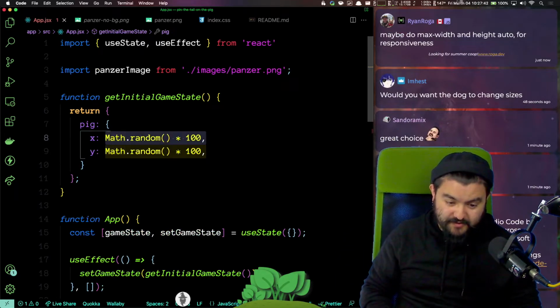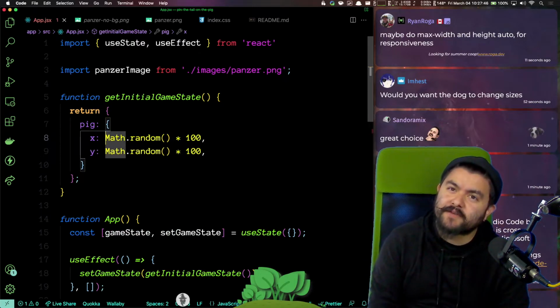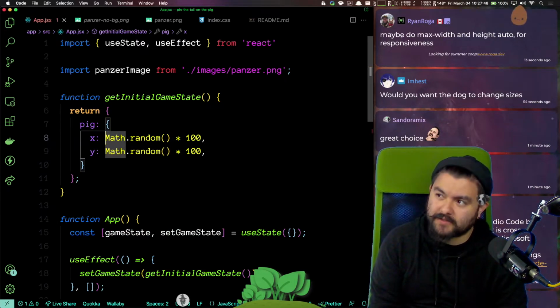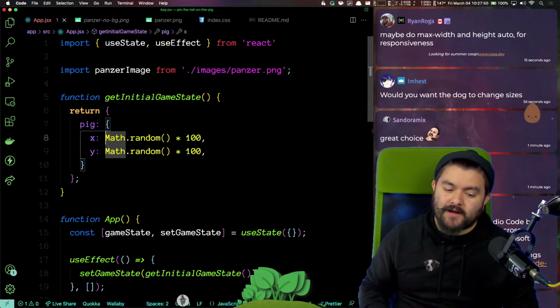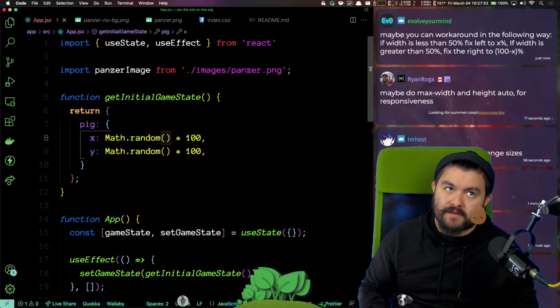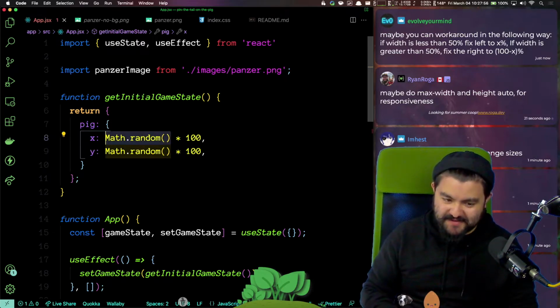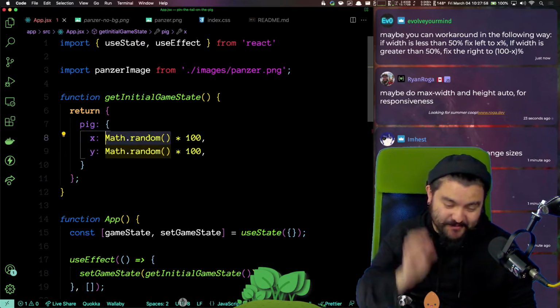So we want a random value between 0 and 1, but not quite. We want the maximum value to be minus the width.